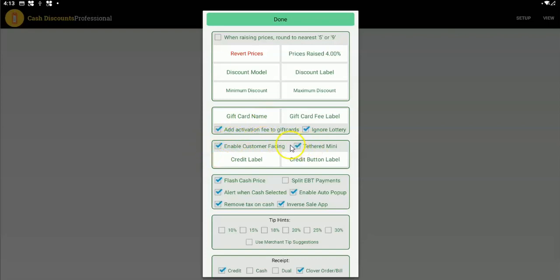If it's a tethered mini, go ahead and set that. That applies per device only, okay? The credit label,